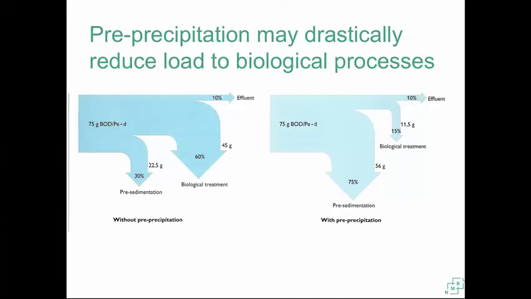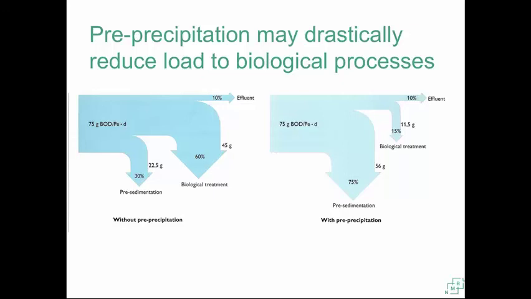If we have a biological wastewater treatment plant and we see that it's not functioning well enough, the capacity is low, the treatment process is not good enough, and you don't have space and you need to make things more efficient, a good solution is to install a chemical process before the biological process. So as this figure shows,